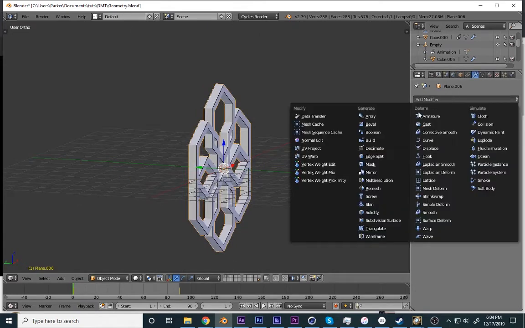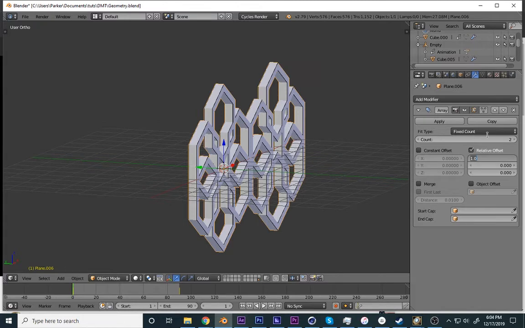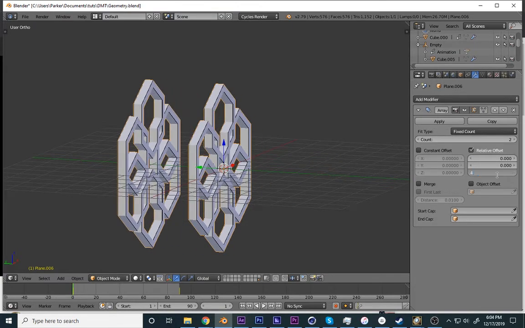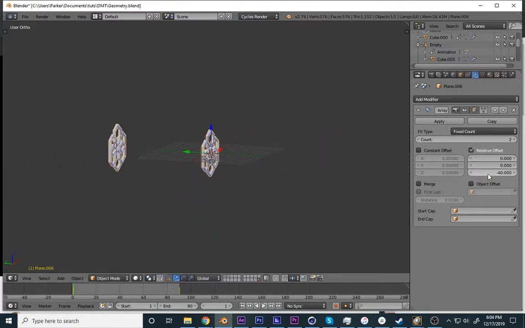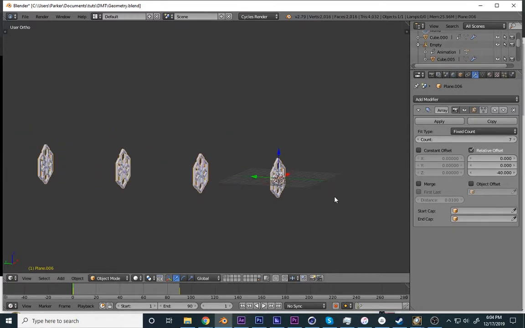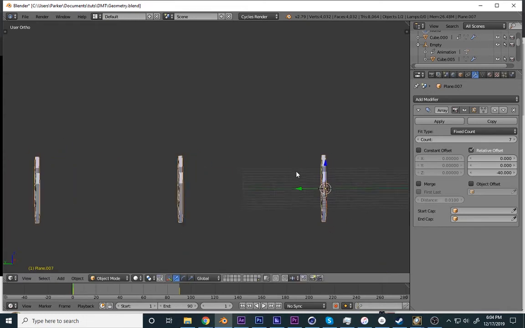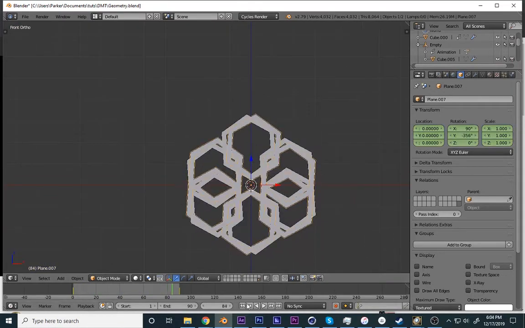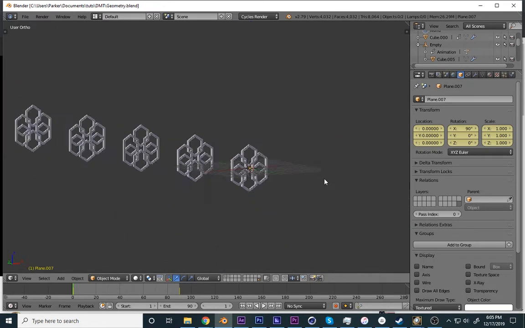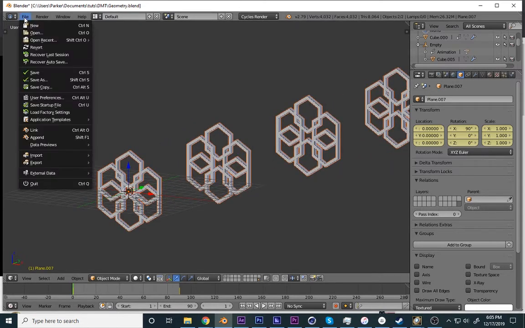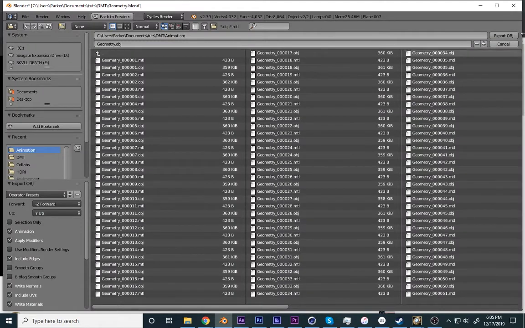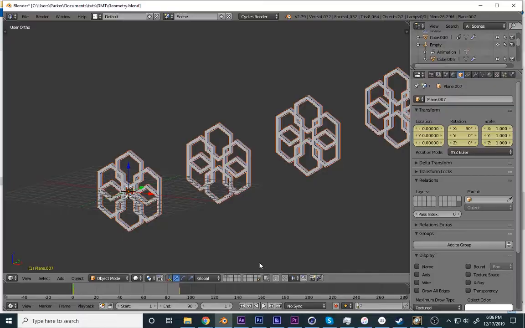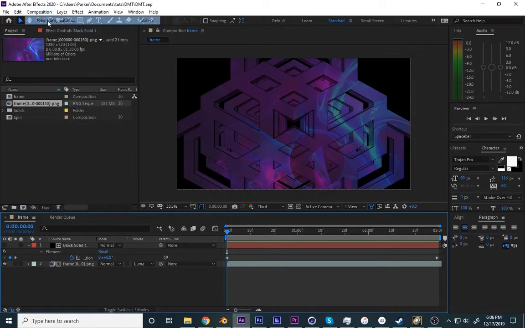Okay, so now go to our favorite modifier for all things trippy, the array modifier. Let's set this to -40. Okay, set that to 7. Okay, hit Shift D. Drag it on the Y axis, approximately halfway. And now we're going to set this to -360. Now you have them spinning in different directions. Okay, so now the next step is to go to File, Export, OBJ, click on Animation, and then you'll have an OBJ sequence. Okay, now that you have that, we're going to hop into After Effects,